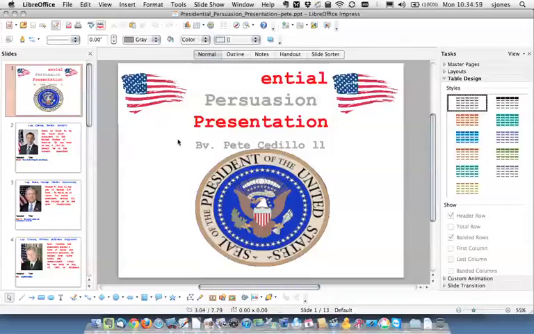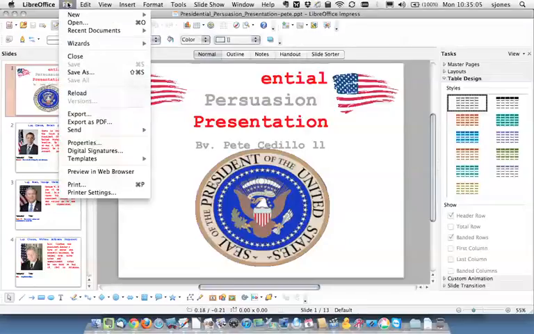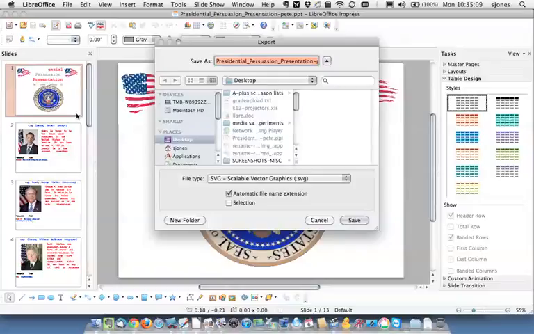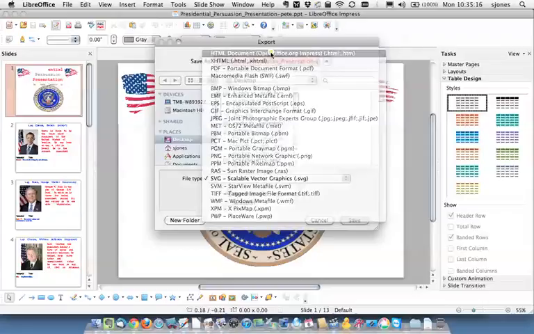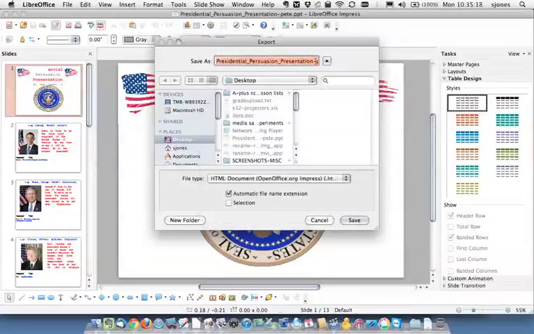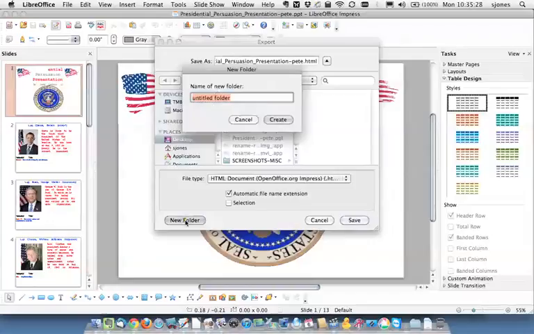So here is the project. So now I'm going to go to Export, and I'm going to change the file type to HTML document. I like that fine, and I'm going to make a new folder, and I'm going to call it